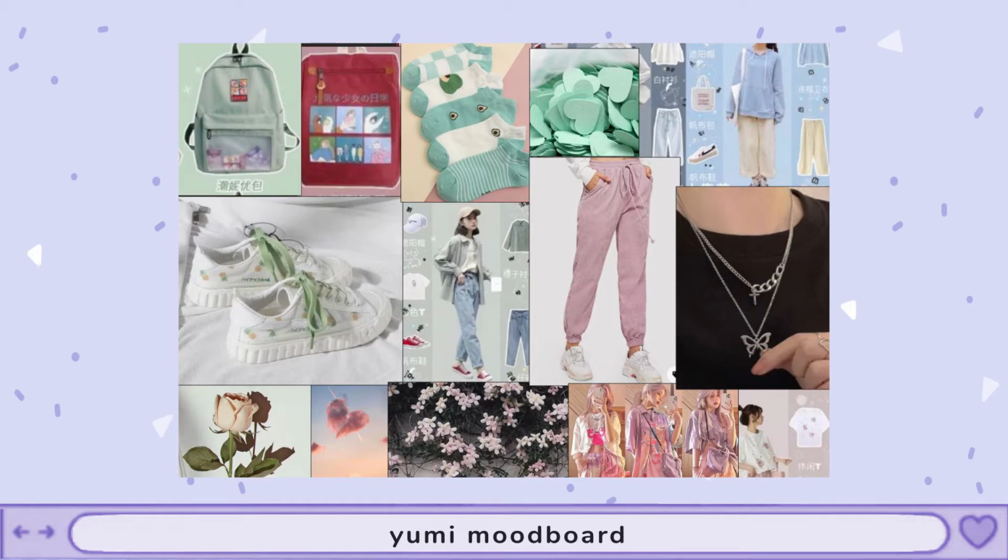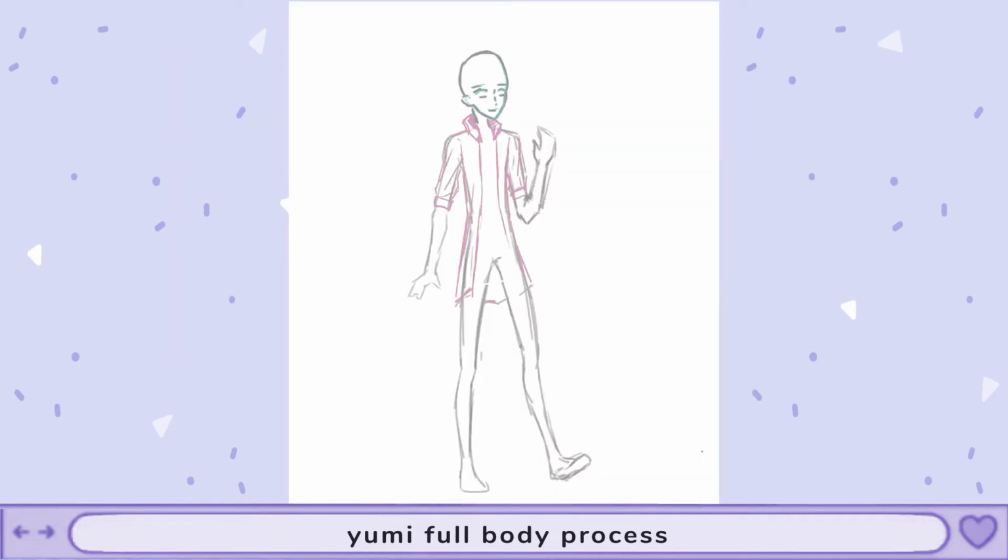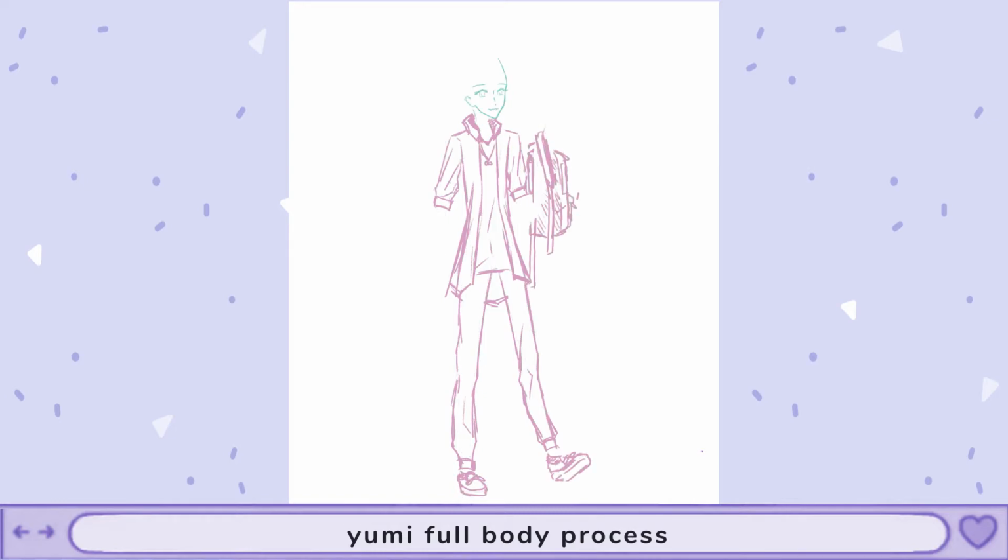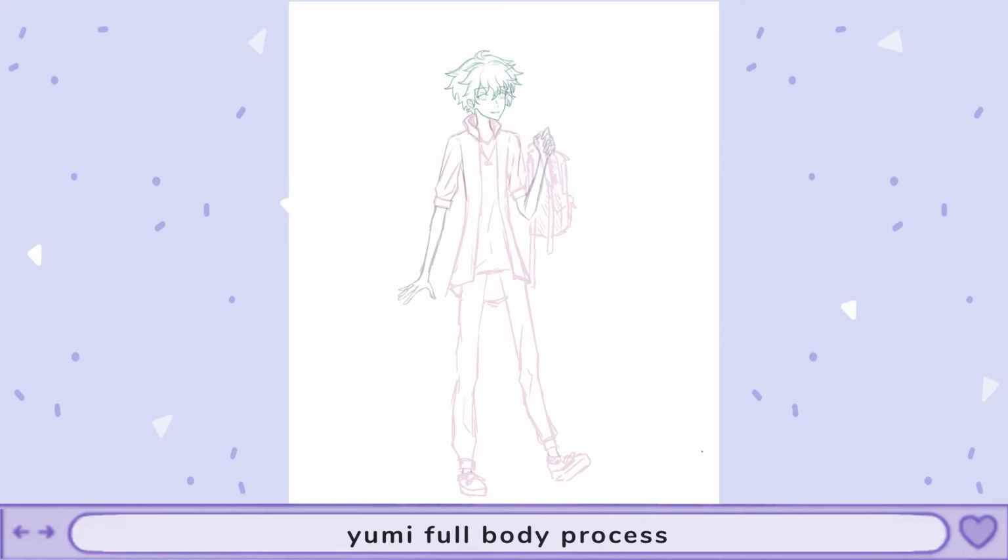even though he doesn't have that much red and pink in his outfit, just a little pink, but it was more of a vibe inspiration. For the mood board, I again just picked some flowers. I imagined he would really like flowers, and also a necklace with a butterfly. Butterfly was also something I wanted Yumi to have as a visual detail that stood out about him. Then I went on to draw his outfit again with all of the references,